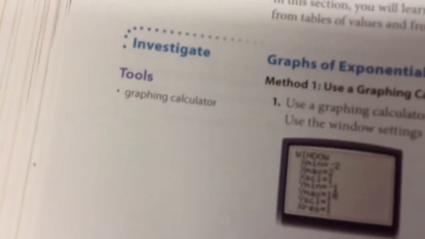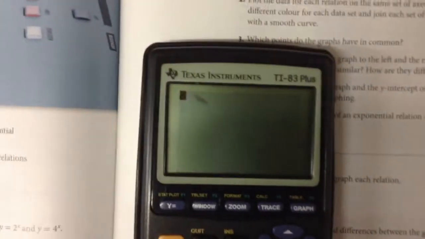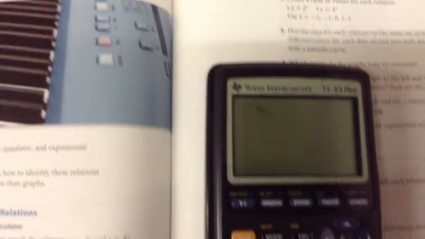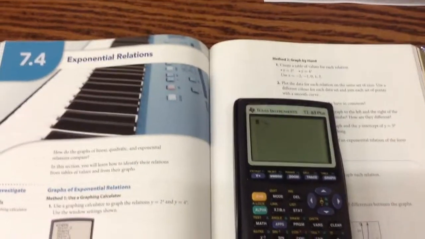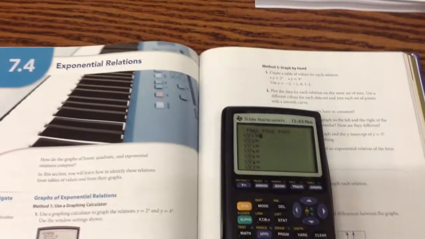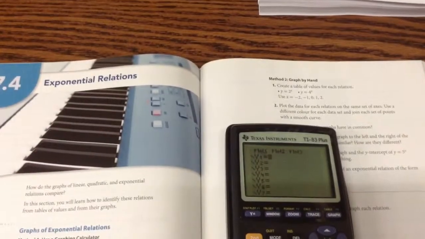I'm just going to turn this on. Find the right lighting here. And go y equals, and they want y equals 2 to the power of x. So